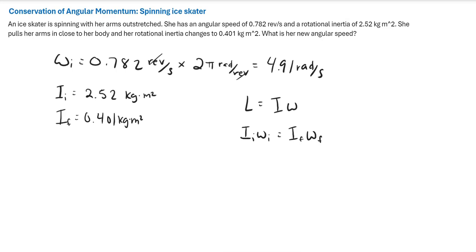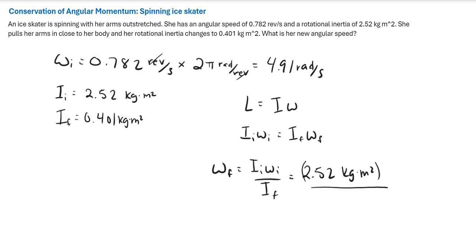So we want to find omega final, so let's just divide both sides by I final. That's going to give us omega final is equal to I initial omega initial divided by I final. So we can just plug in these values here. So that's 2.52 kilograms times meters squared divided by 0.401 kilograms times meters squared times omega initial,